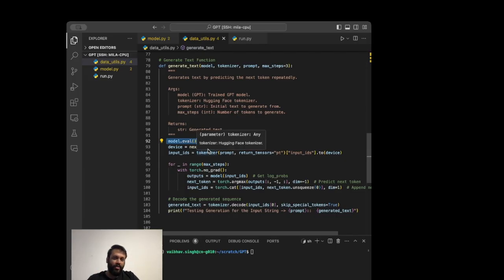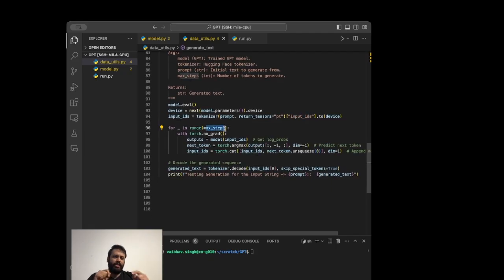So basically we have the model on our device and we have the prompt. All we need to do is pass that prompt to the tokenizer, and we need the input IDs again, which are nothing but the tokenized version of the strings. And we are saying do some generation for a maximum number of steps. So let's say the maximum steps are 3. So basically it will do the generation thrice. And how it will do that, let's take a look. When I pass the tokenized version of the text to the model, it will give me an output, and the output has the dimension